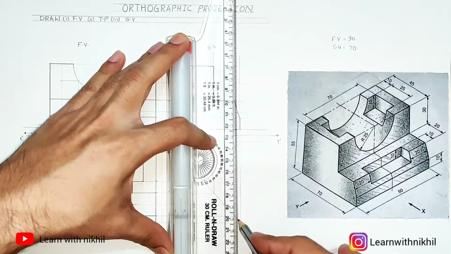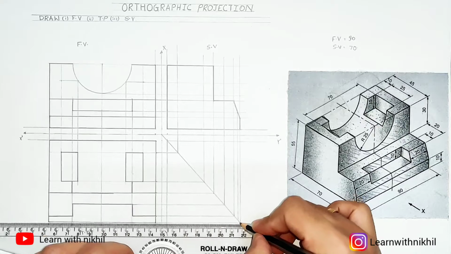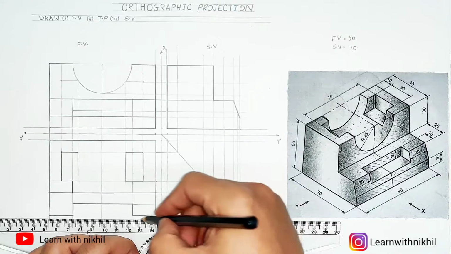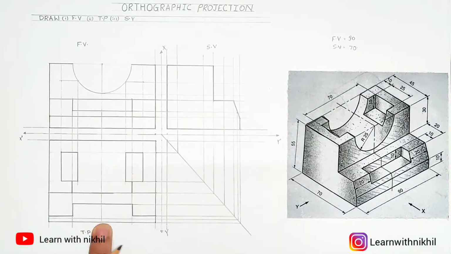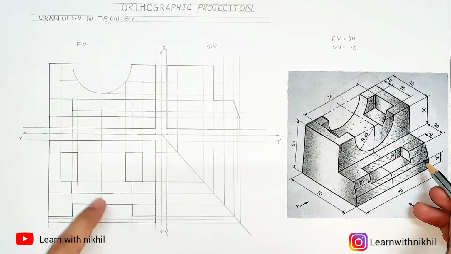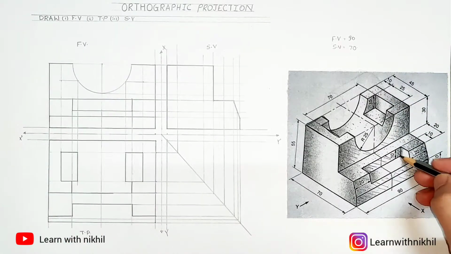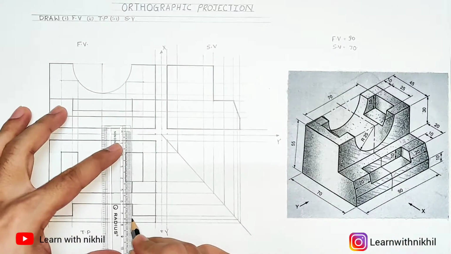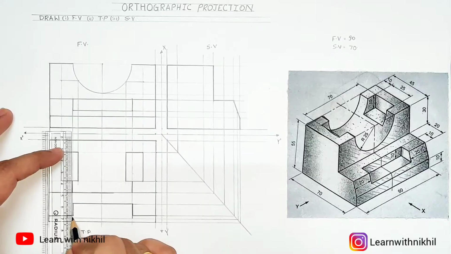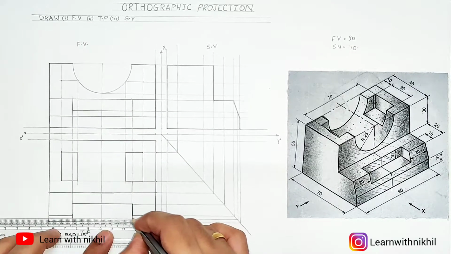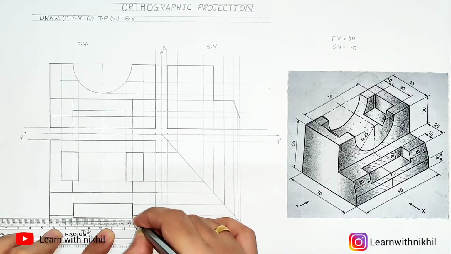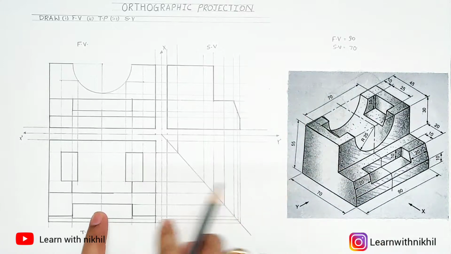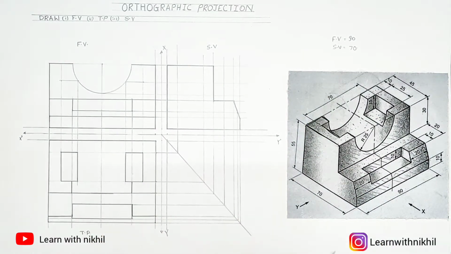So taking the projection from the side view to the 45-degree angle line, and from the 45-degree angle line we'll take this projection to the top view. So with this we got the line extension on the slant side. This distance we got when we took the projection from the side view to the top view. So joining this will complete our rectangular box which is visible from the top view. So this is this rectangular part. Projection taken from the side view to the top view.